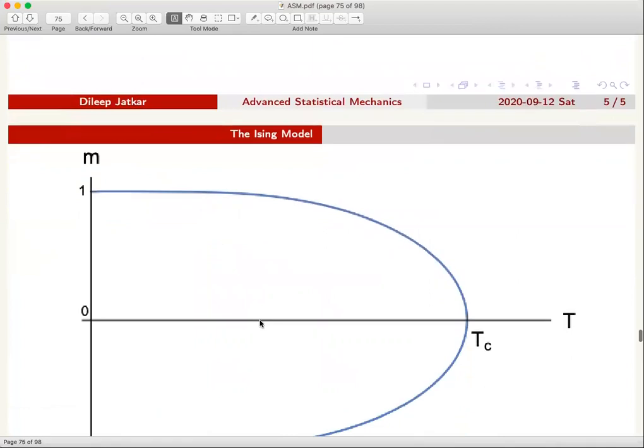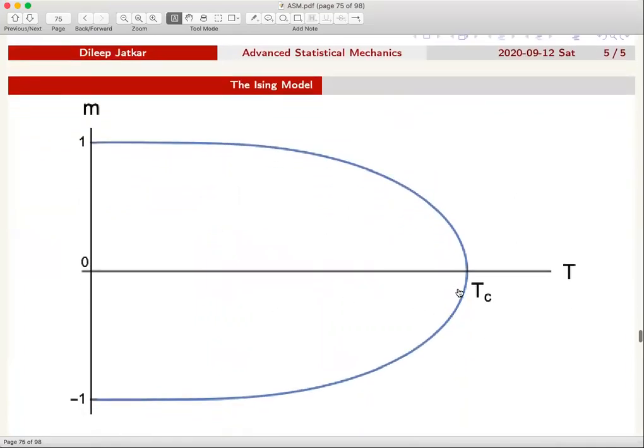So we kind of plotted it. What we really know is only the neighborhood of Tc. We really don't know how the function here behaves, but we know that as the temperature goes to 0, the magnetization per site would have value either +1 or -1, because that is the value that the spin is allowed to take.